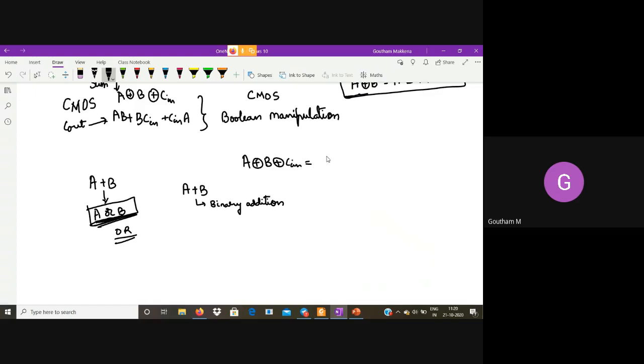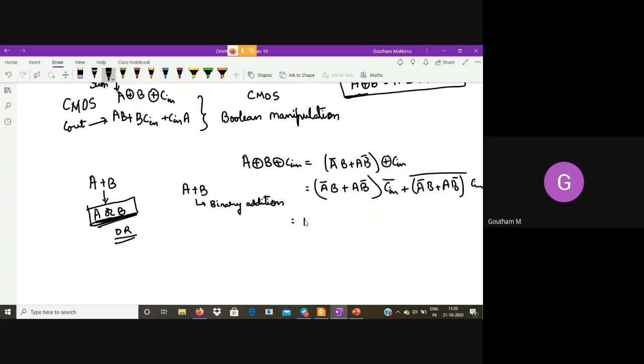Okay. So what is A XOR B? A bar B plus A B bar, XOR C. So that is nothing but A bar B plus A B bar into Cin bar, plus A bar B plus A B bar whole bar into Cin.